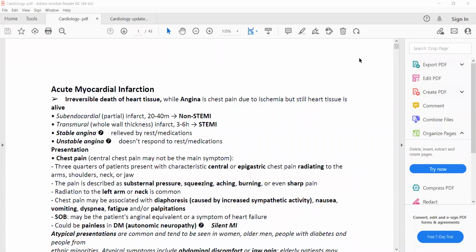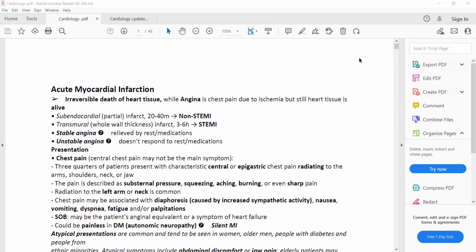So the nature of pain will be squeezing, burning, or sharp pain that is in the central chest or epigastric area, and that is radiating towards the left arm or neck. Along with pain, the patient may also have diaphoresis, which is increased sweating caused by increased sympathetic activity